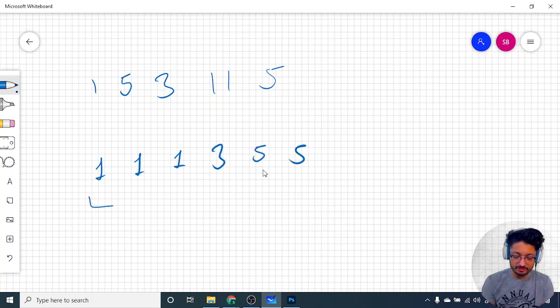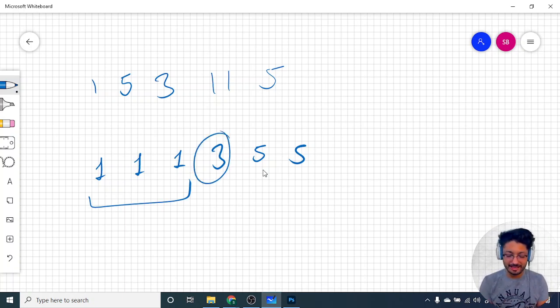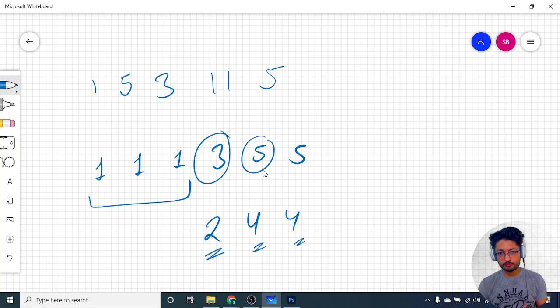These numbers are already equal to 1. I want to make this one equal to 1, so how much do I have to subtract? I want to subtract 2 from this. I want to make this equal to 1 as well, so I want to subtract 4 from it. So now what you can easily observe here is that I want to subtract 2 from this number, 2 from this number, 2 from this number, and 4 from this number.